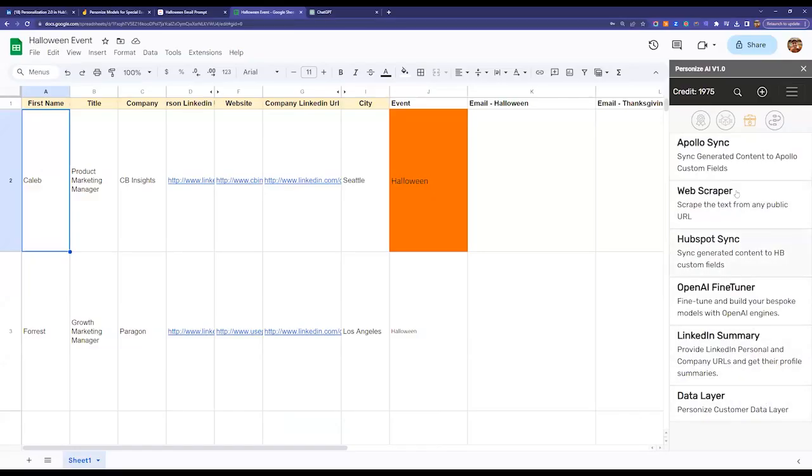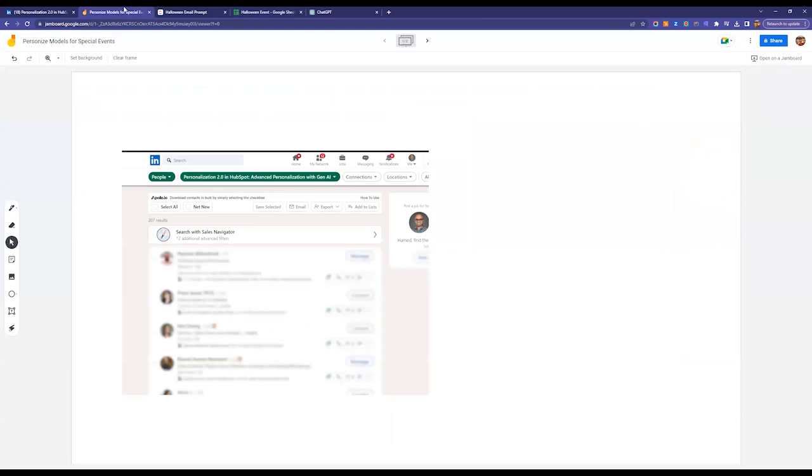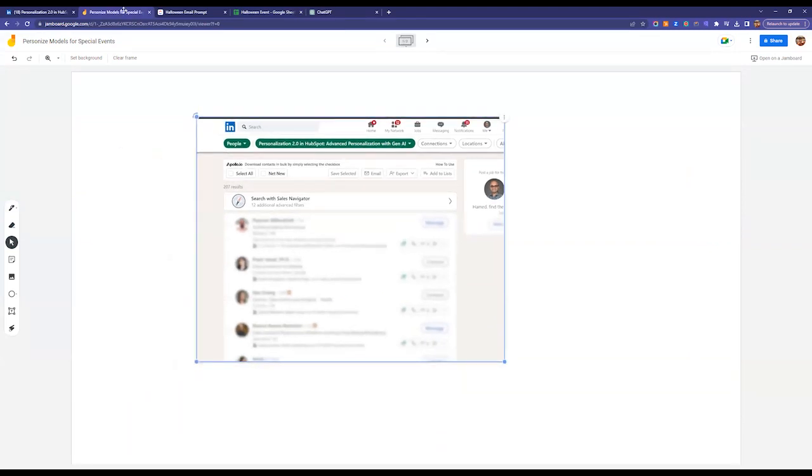So essentially, what we are going to show you is there are a number of tools here. Some of them are more advanced, but we have LinkedIn summary, and we also have a web scraper. We scrape their website, and we can kind of mimic the human. We can automate the process. So if I go back to here, for each person, we have